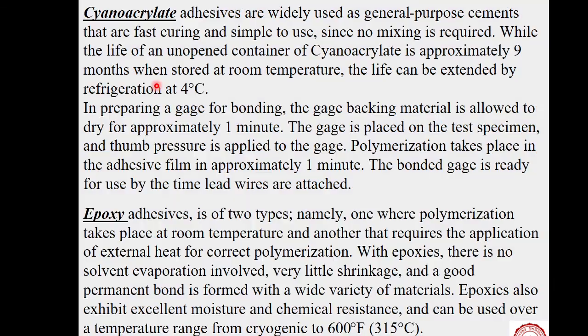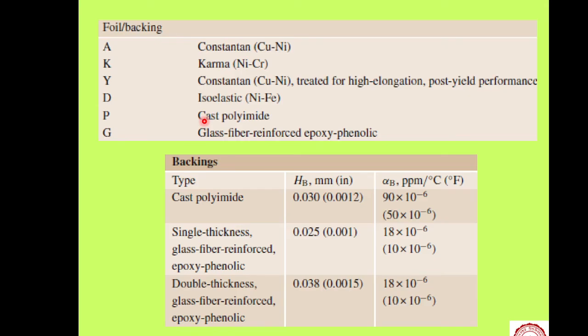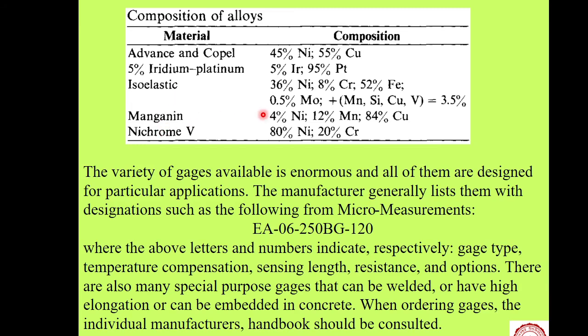These are types of adhesives. Other types of adhesives. Okay, let us go back there. So these are roughly the types of materials, and their compositions are given there. And then in a strain gauge, all these features are supplied, marked by some specification. This is a particular specification of a strain gauge, where different numbers and different letters have certain meanings. It is specified by the manufacturer.